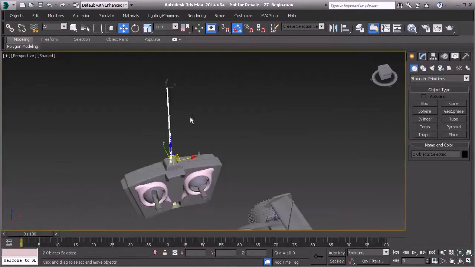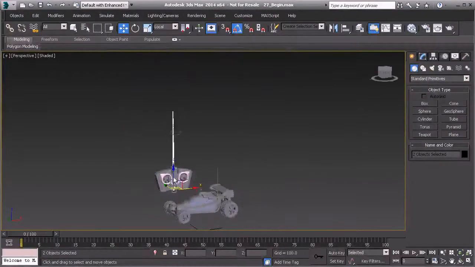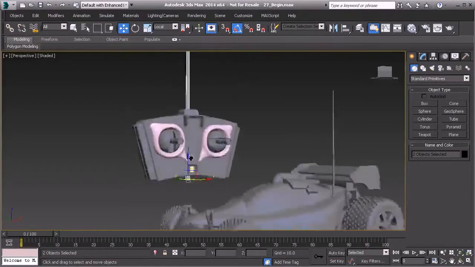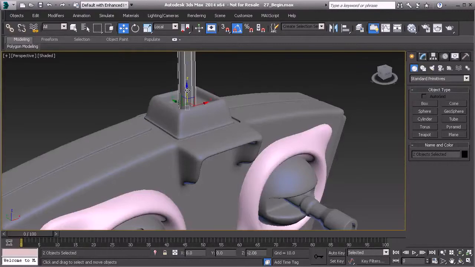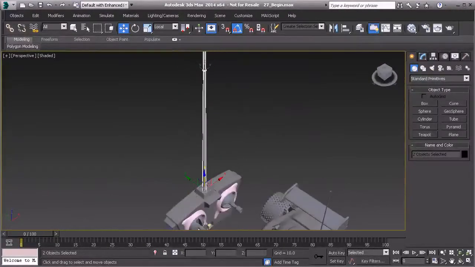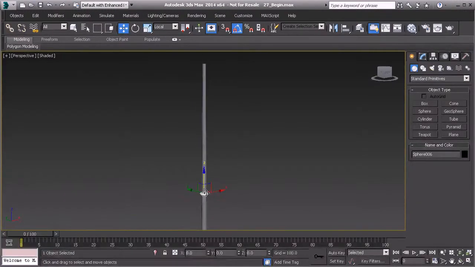And then we'll scale that up in all three directions just to make that a little more apparent for the remote itself. Put that down in there. And there we go. So we have now finished the remote